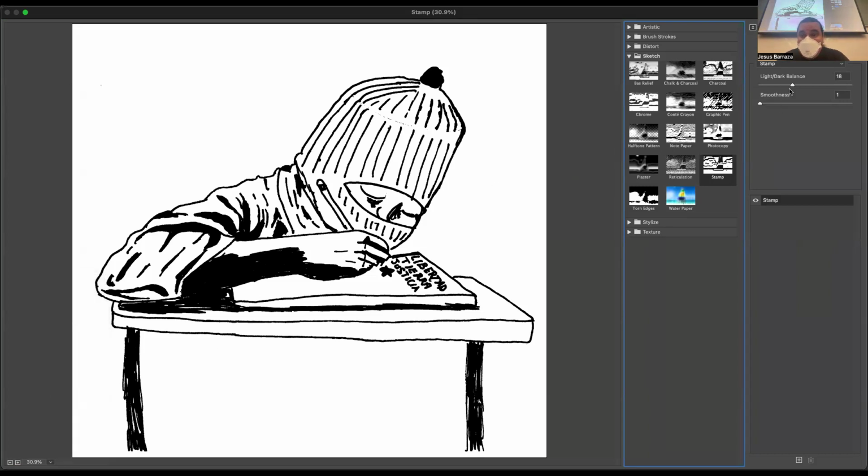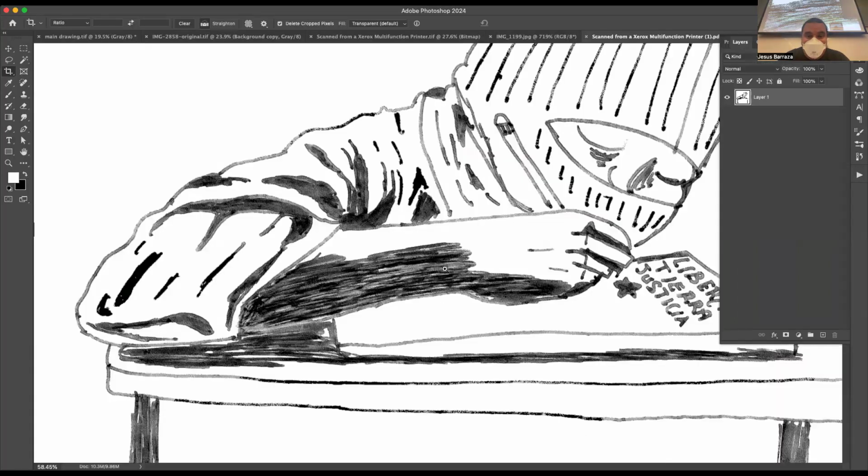And so what I'm gonna use is right here, this one. I'm gonna use the stamp tool. And so now what I did is, you can move this because it's already pretty black and white. It's not gonna give you too many options, but what it's gonna do is take away that